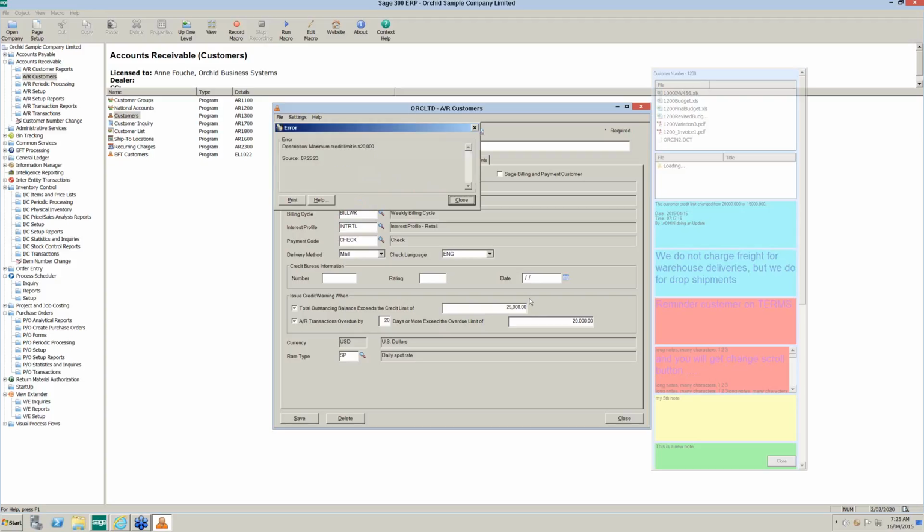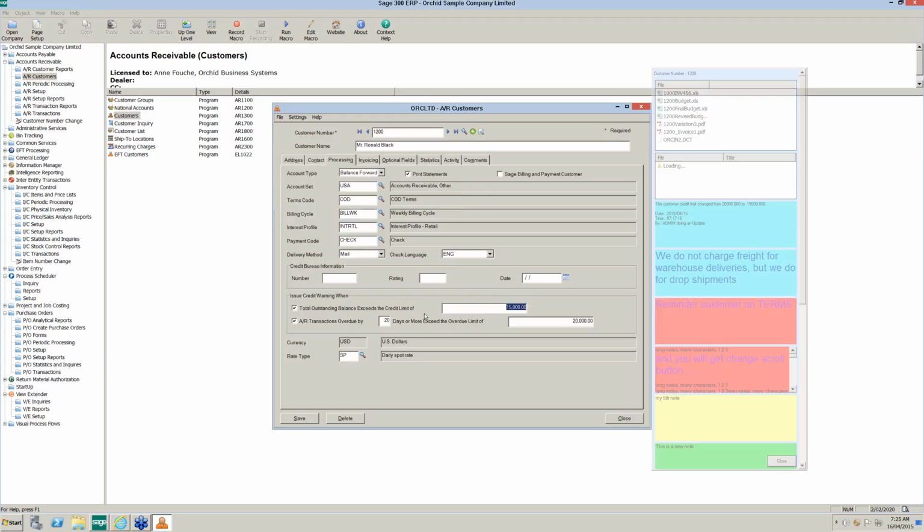The maximum credit limit that I'm allowed is 20,000, and if I was logged in as another user, I'd be getting that error message for maximum credit limit of 10,000. So you can validate and prevent that update from happening. And because we're working at the view level,